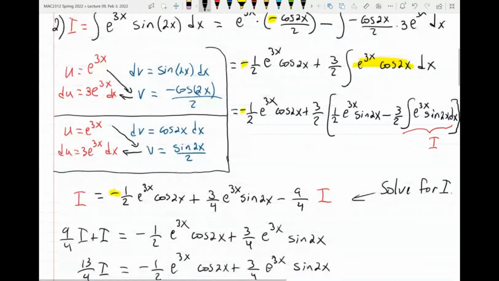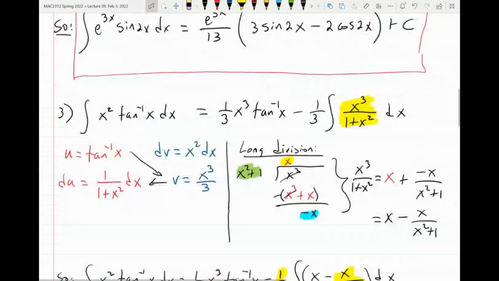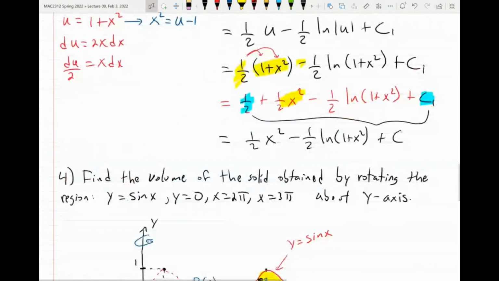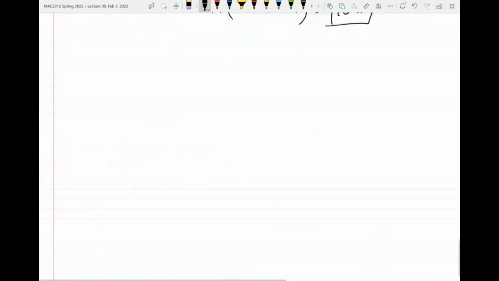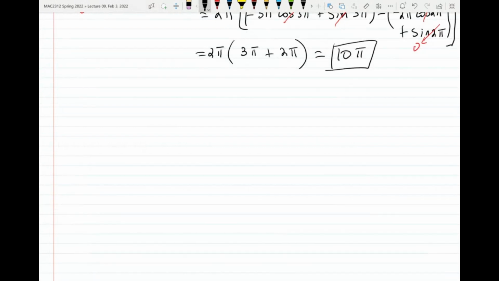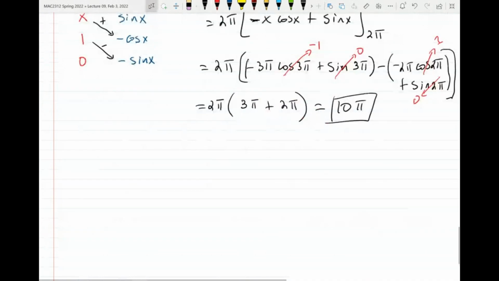So let's see. I was going to do secant cube for you, but we're going to deal with secant cube anyway in the next section when we do trigonometric integrals. I don't want to bring noise, but let me get this integral out of the way because you will need this for the next section. I don't know if this shows up in the homework, and if it does, I don't want you to suffer because of this. So here is an integral